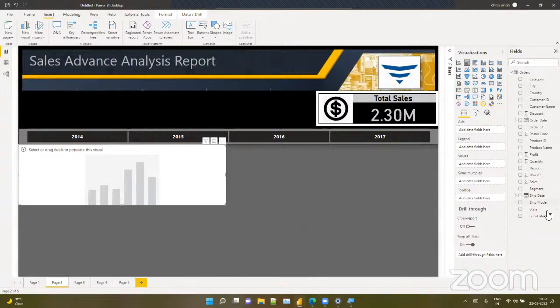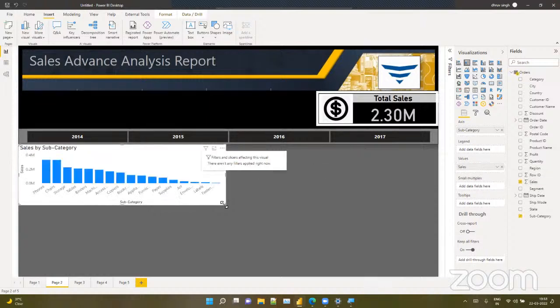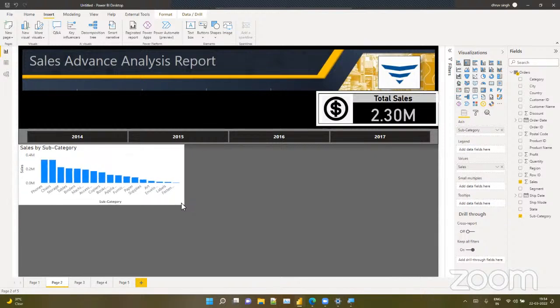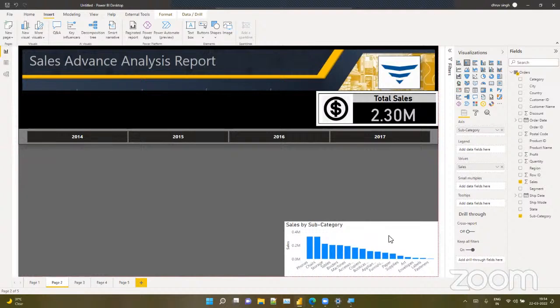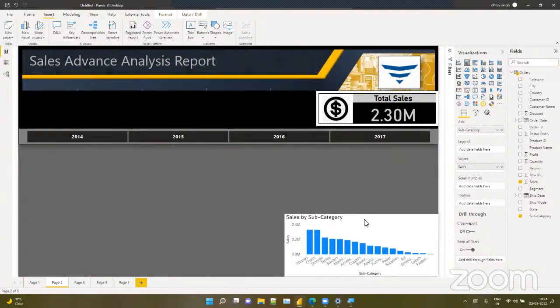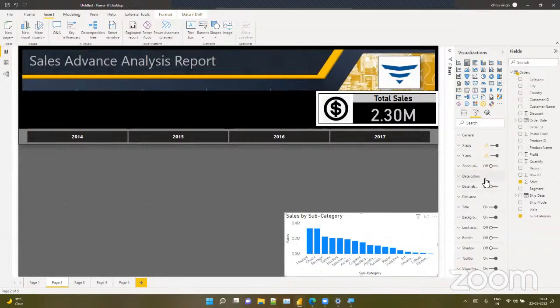Drop subcategory wise sales. See, these are some visuals that I'm trying to show you. These don't make any sense, but I'm just showing you how to divide a page, how to give the best possible way on the page part. Okay, so over here you can give